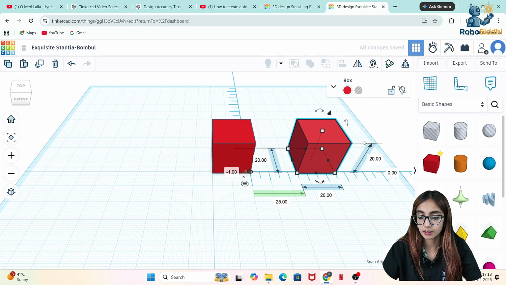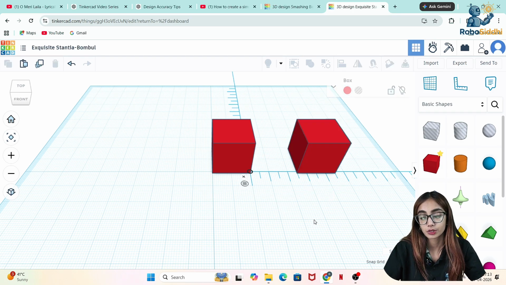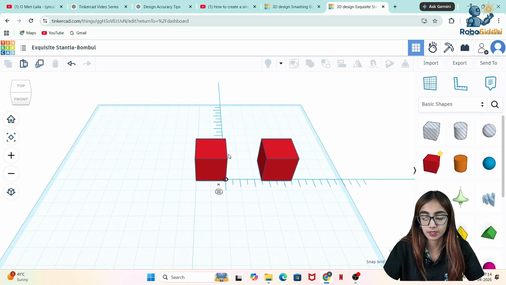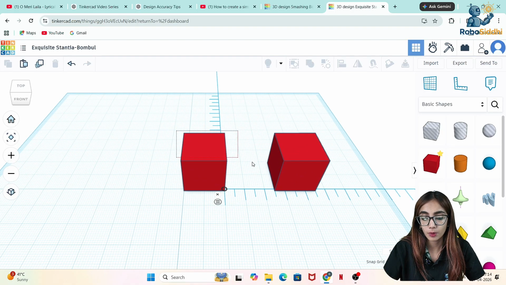I can just do that and the cubes will move to the accurate measurement as well. Okay, so this helps us in making the accurate design. Right now I have two cubes placed equidistant from each other. Now I'll go to the home view and zoom in a bit. Now, if I